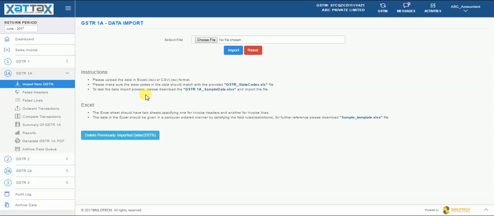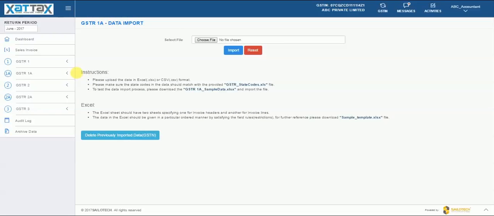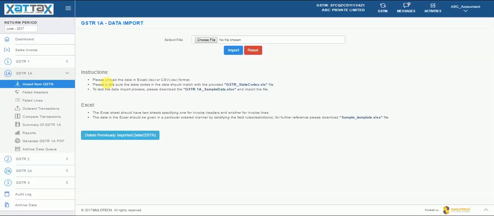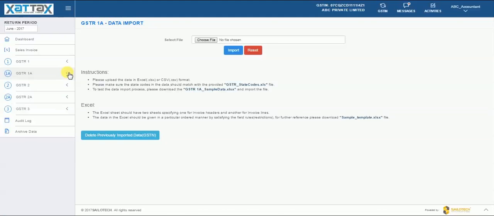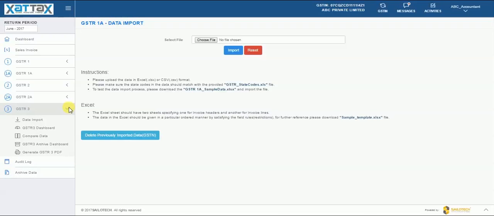Apart from that, in 2A, the accountant can accept, modify or reject data, whereas in 1A, the accountant can only accept and reject data. So, in a perfect scenario, 1A would be empty, which does not require any reconciliation. And in case there are some mismatches, then the process for the reconciliations is very similar to what an accountant can do for 2 and 2A.